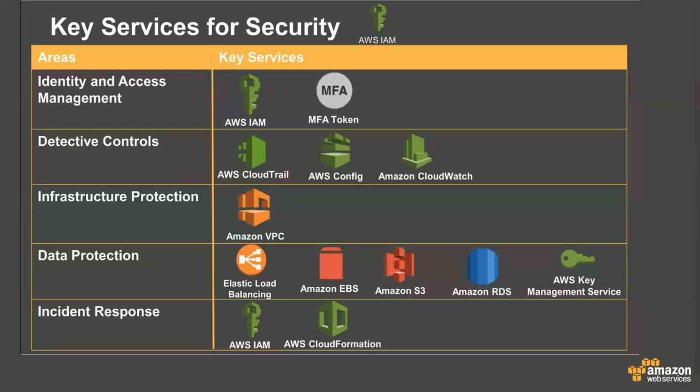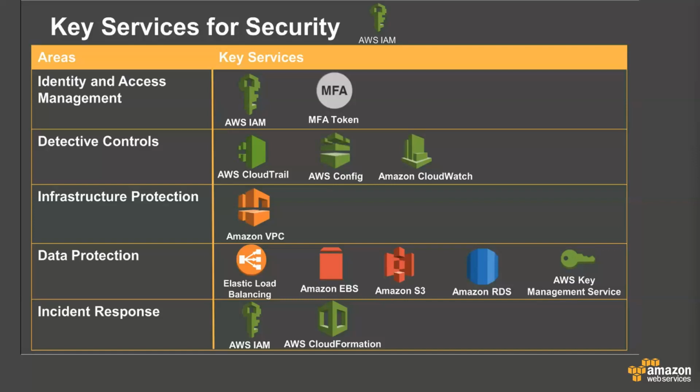We have roles, AWS IAM roles. Maybe if you want a service to access another service, for instance, an EC2 instance to access Secrets Manager. Maybe there are some parameters that you're storing in Secrets Manager, and you need this EC2 instance to have a look at that. You will enable roles. So at identity and access management, AWS IAM is key, and also we have the MFA token. This is just two layers of security, having one layer, let's say the first layer a password, and the second layer maybe using an MFA token to take your fingerprints and all that.